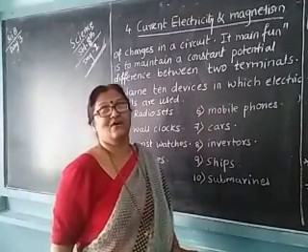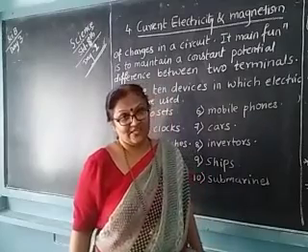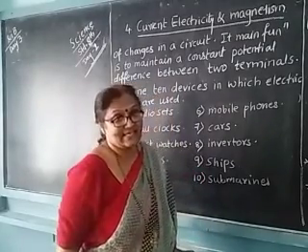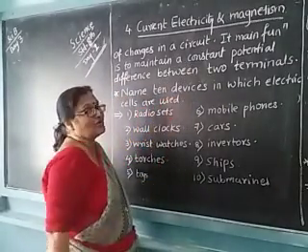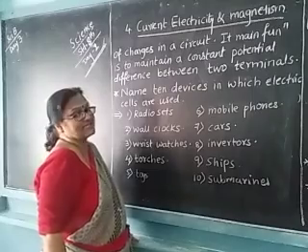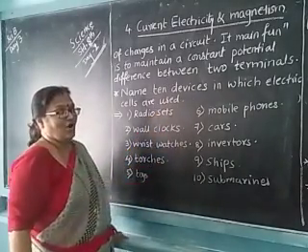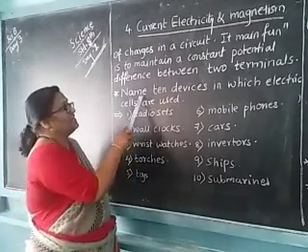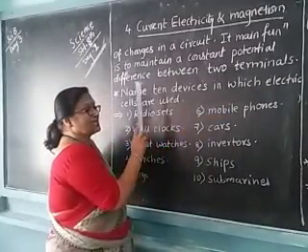Now yesterday I told you what is meant by potential difference. Potential difference is nothing but a difference between two points in a circuit. To maintain the constant potential difference between two terminals, this electrical cell, or you can say electric cell, is very useful. Name 10 devices in which electrical cells are used.